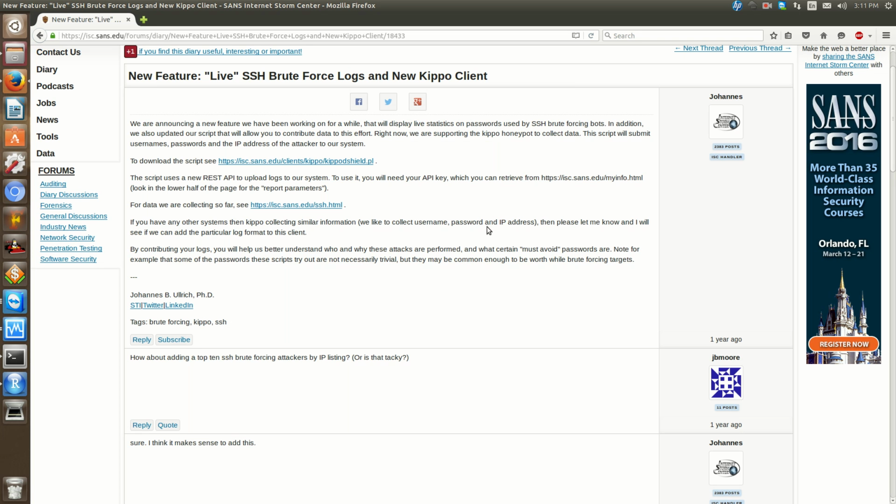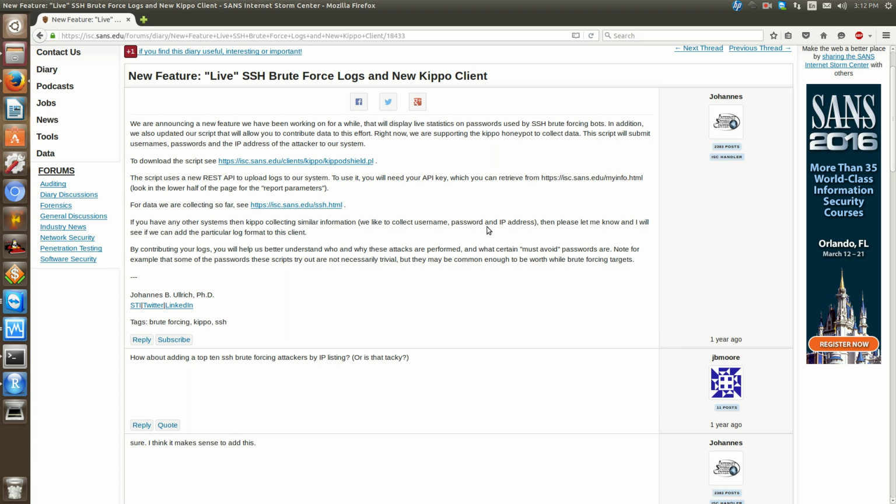It's perfect for just a simple SSH honeypot. All you need is SSH, and you can use a pre-made honeypot like Kippo, K-I-P-P-O. If you're interested in that, let me know. I can create a video on how to make it. It takes like 10 minutes. Very simple. It comes with a web interface. Then you just use some firewall rules to block everything but SSH and lock down the web interface to you, so an attacker only sees SSH. But that's for another video. Going back to this,